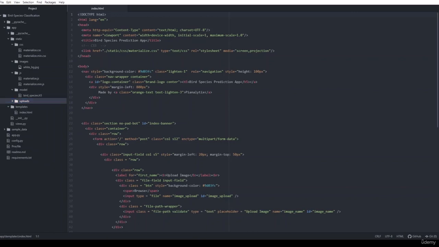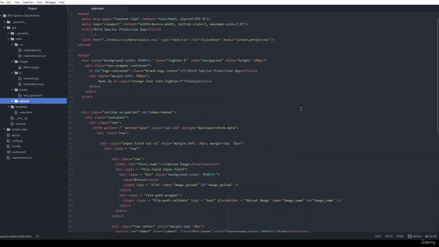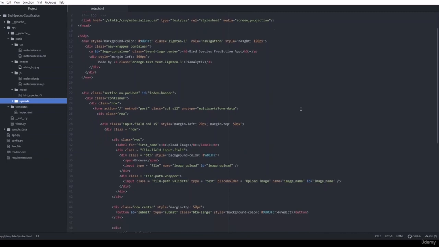So in this index.html file, you can see that we have created our first container as bird species prediction made by PyAnalytics. After that, we are asking the user to upload an image in the second section and given a browse button to browse the image and upload it.